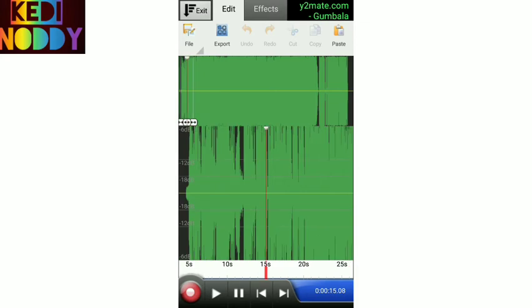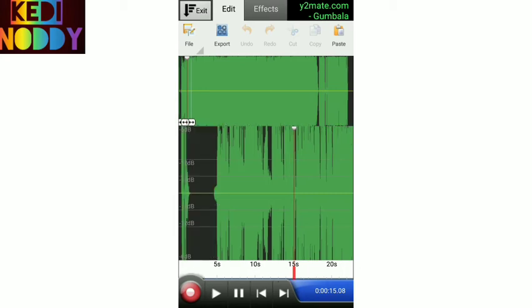See here, from 5 seconds only the song has been starting. Now let's go. See here, the down portion is used to select which part of the song must be converted into 8D music. Now I'm gonna start from here for some 5 to 10 seconds.